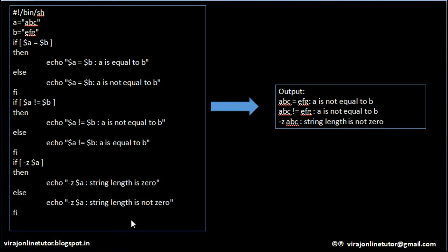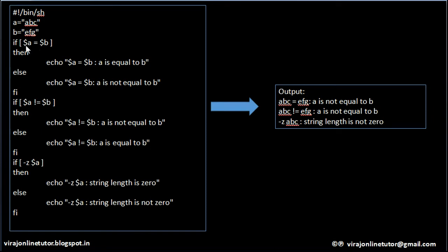In the previous lecture, we had seen different equality comparisons of the variables in the shell scripting which are of numeric data type. Now we will see how to compare the variables in the shell scripting which are of string data type. So in this example, I am saving a string called ABC in A and I am saving a string EFG in string B. For equality comparison of two string variables in shell scripting, we use a single equal to sign.